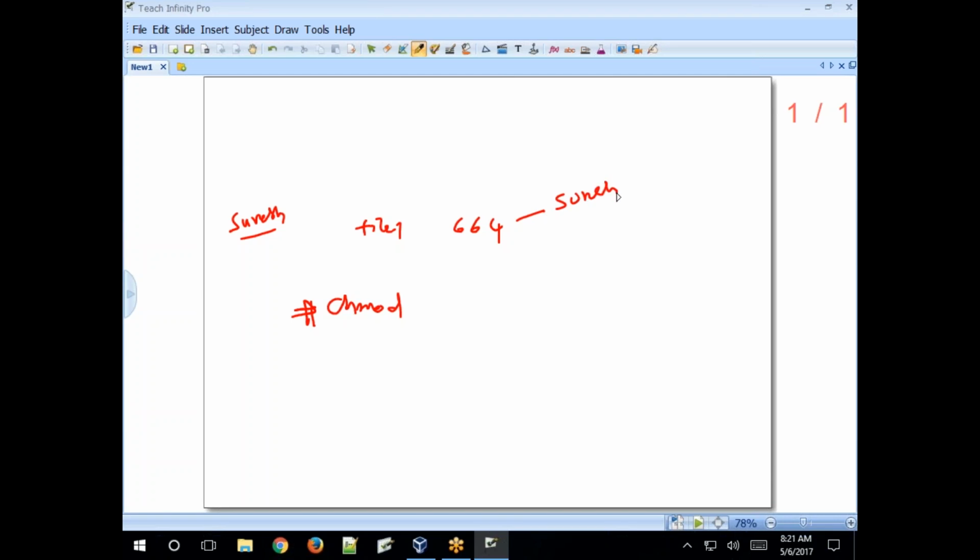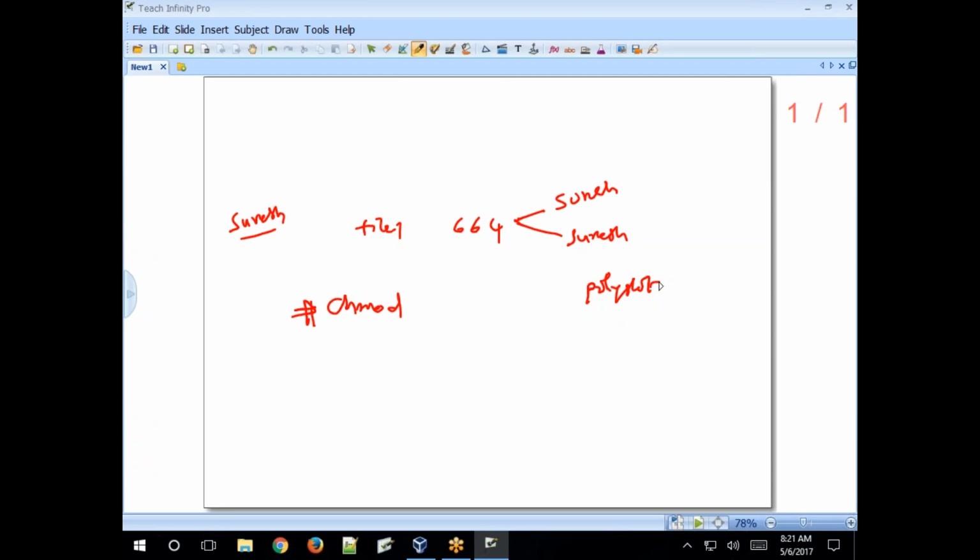Owner Suresh, group owner also Suresh. Now one more user, polyglot. Polyglot is an other user because the user does not belong to the group, not a member. Polyglot user is not a member of the Suresh group. We'll see later in user administration how to add a user into a group.